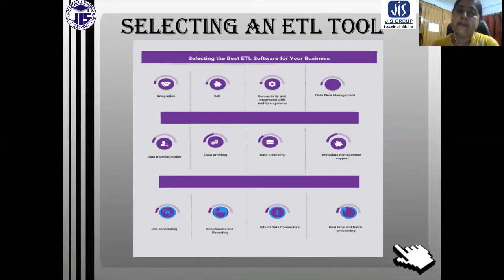There are many other issues too. Depending on the organizational or business need, we need to choose an effective ETL software for the data warehouse.